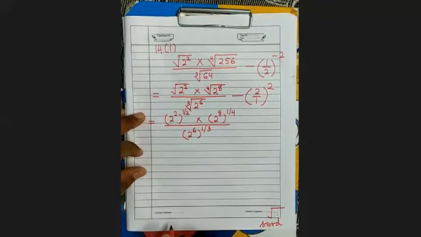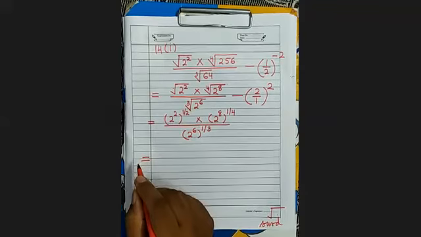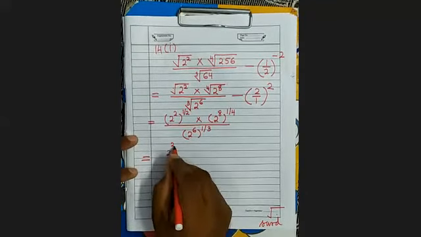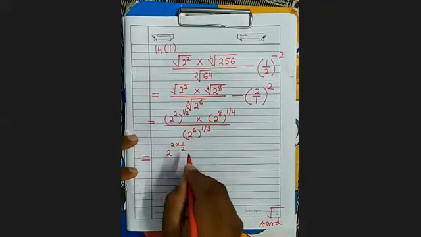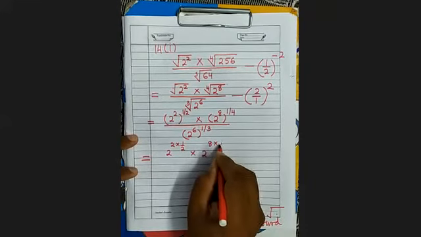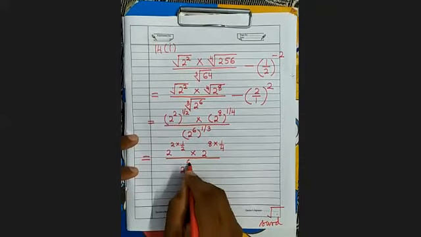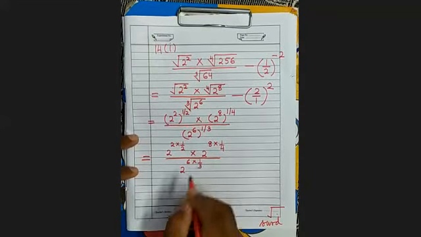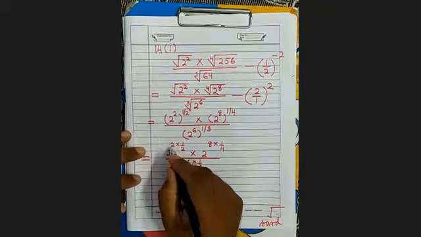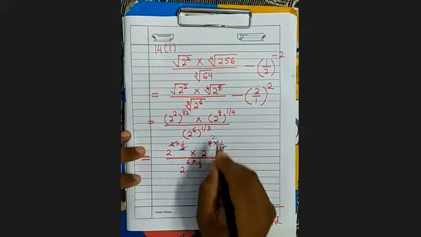Now, which rule will apply in the next step? So it is the power rule, because there are successive powers. So 2 into 1 by 2 into 2 to the power 8 into 1 by 4. Here 2 to the power 6 into 1 by 3. When we simplify, what will you get? This and this cancel. 4 twos are 8.